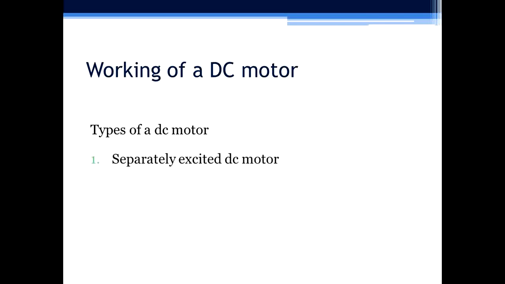Then there are three types of DC motors. If armature and field are separated and both are excited by two different sources, it is called a separately excited DC motor. The second type of motor is the shunt DC motor. In a shunt DC motor, armature and field are connected in parallel and they are fed by the same supply. And third is the series DC motor, where armature and field are connected in series. Now every motor has its own significance. Series motors are used when you want high starting torque demand.